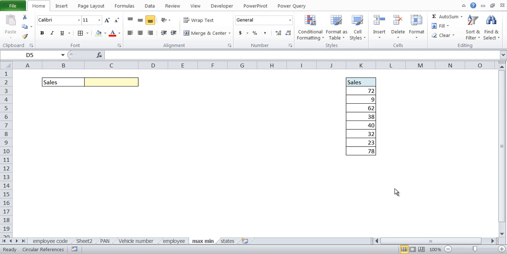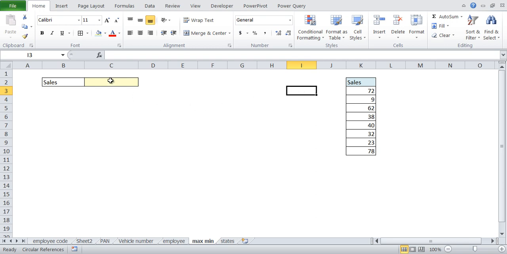In this video session, we are going to understand how to use custom data validation using a simple formula. In cell C2, we have to write a sales number which has the maximum value of this and the minimum value of this. It can be achieved using simple data validation, but that will not be dynamic. So we would want to make it dynamic.